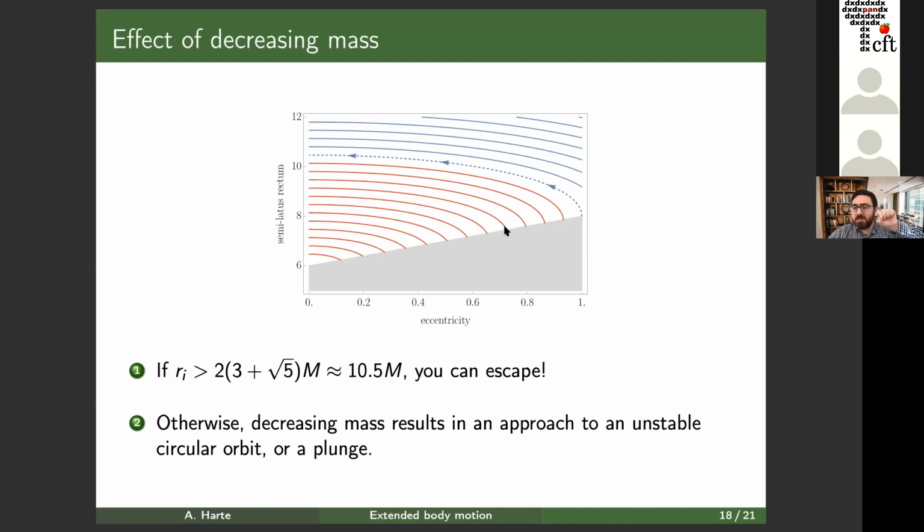But in fact, you have to be a little bit careful there because, as I said, these orbits are unstable. So if you're not very careful in how you do this, you're not going to be exactly on one of these orbits. So you're going to excite the instability and you'll just fall into the black hole. So if you're above some threshold, you decrease the mass, you eventually escape. If you try to do the same thing and you're below that threshold and you're not careful, you'll actually make yourself fall in.